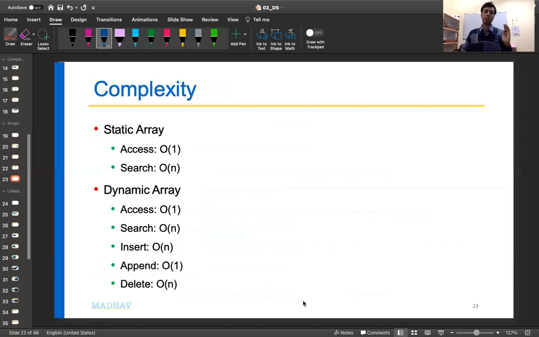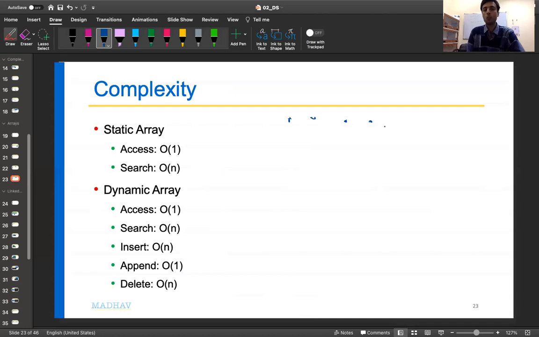Now, a very important analysis, the complexity analysis. What is the complexity of all these operations? In a static array, the access function has a complexity of O(1). Why O(1)? A static array is given to you, there are different entries here, and you want to say what data is stored at position number 3, let's say.